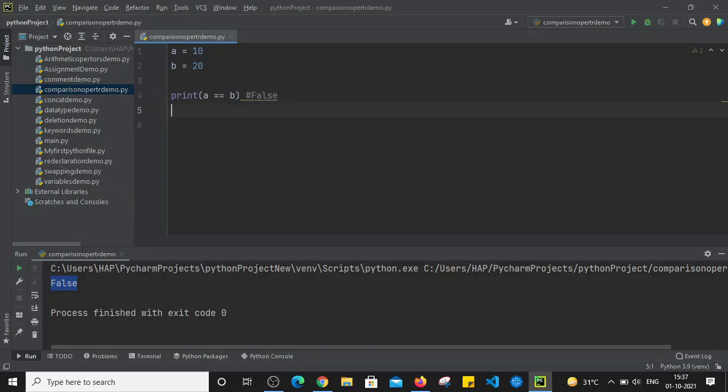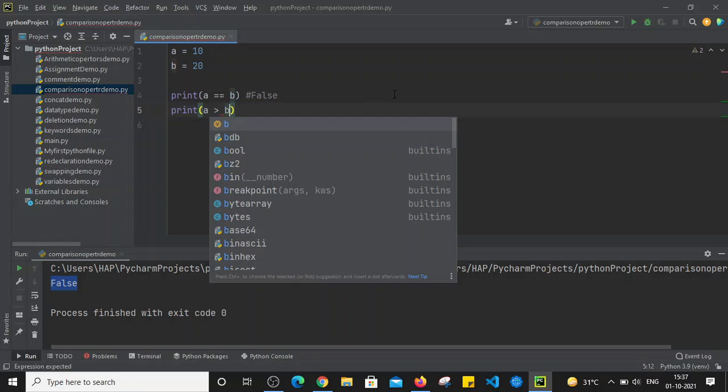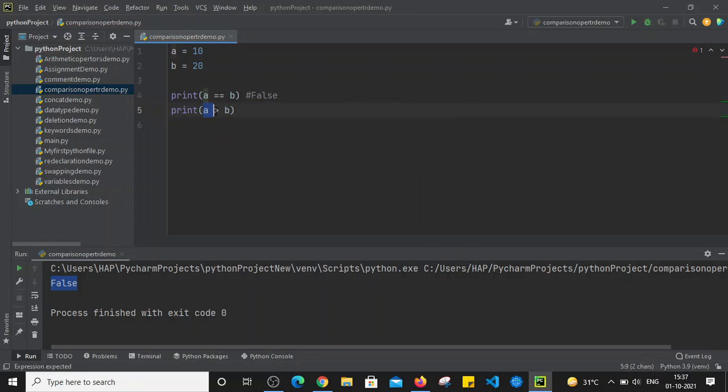Similarly, let's check another operator. Let's use a print statement, and now let's say a greater than b. This statement will check whether the value of a is greater than b or not. If the value of a is greater than b, then it will return true. If the value of a is not greater than b, then it will return false.